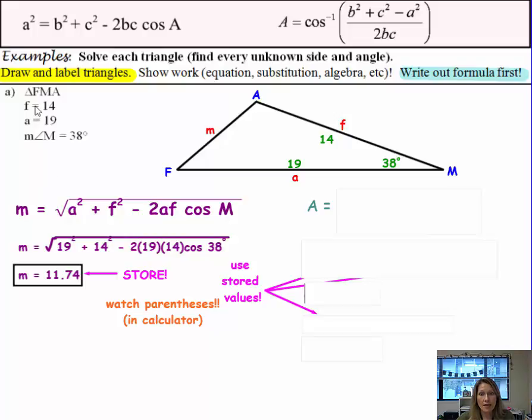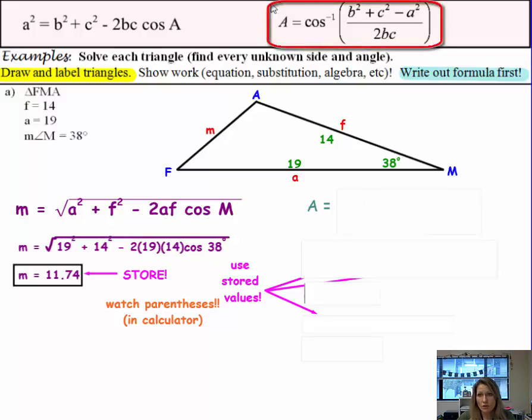Okay, so now we know sides A, F, and M. So we have all of the side lengths, but we only have one angle. So we need the other two angles. So what we'll do is we can look for either one. It doesn't matter which one. I happen to choose, I'm looking for angle A first. Maybe it's because I would rather have an A than an F. It really doesn't matter. But just like the first part of the problem, we need to write our formula out